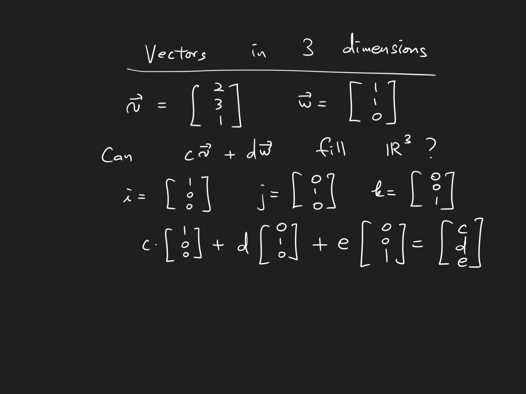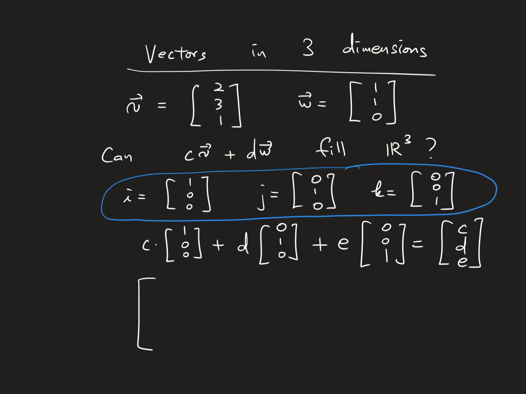But CDE are arbitrary numbers, so that's why using these 3 vectors, we can generate any vector in all of 3-space. If we make a matrix using these 3 vectors, 1, 0, 0, 0, 1, 0, and 0, 0, 1, this 0, 0, 1 is K,